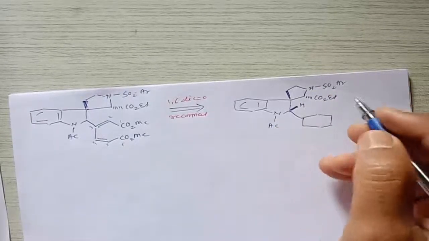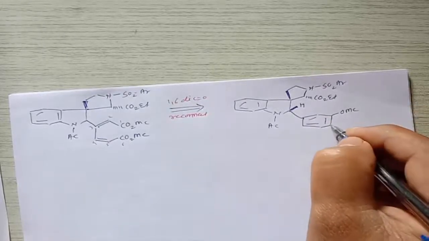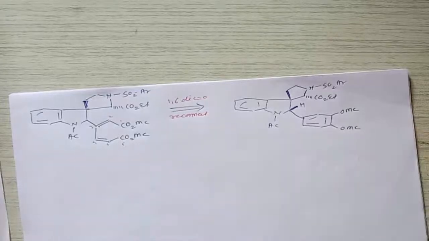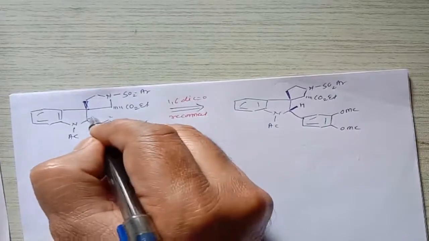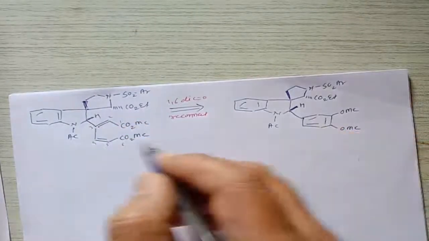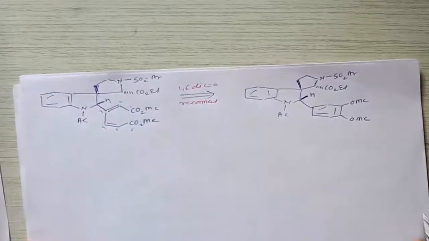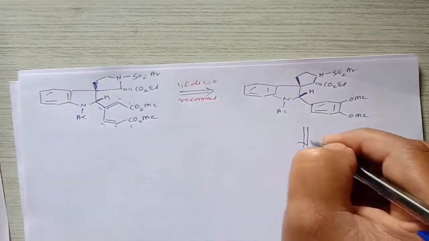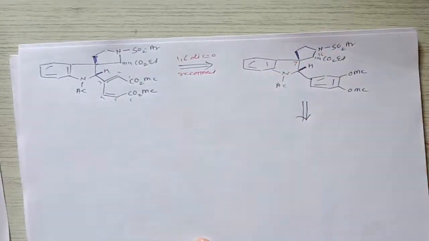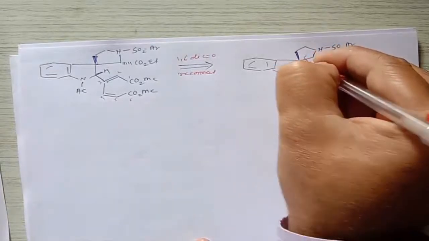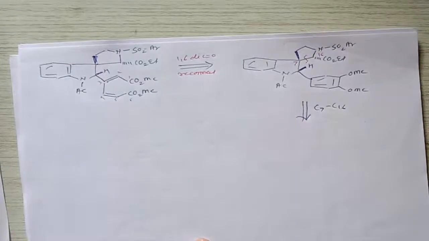That is, after reconnection we can get an aromatic ring with OMe and OMe as function groups, right? So here we can see that this is the hydrogen which is above the plane, and only by reconnecting this 1,6 carbon we can get this aromatic ring. Then after that we can break this C7-C16 bond, that is C7 and C16 bond. If we break this C7-C16 bond, what do we get?